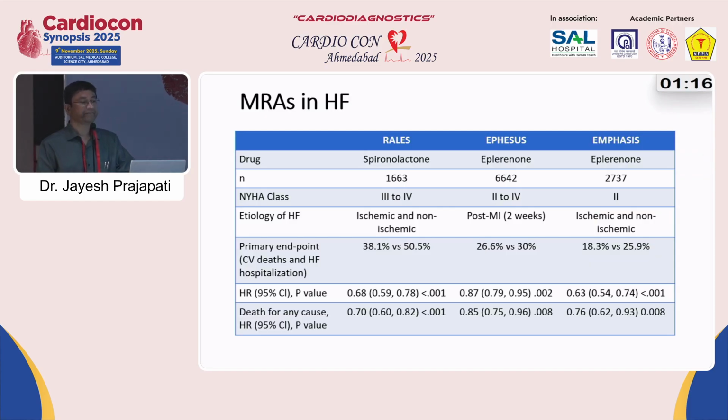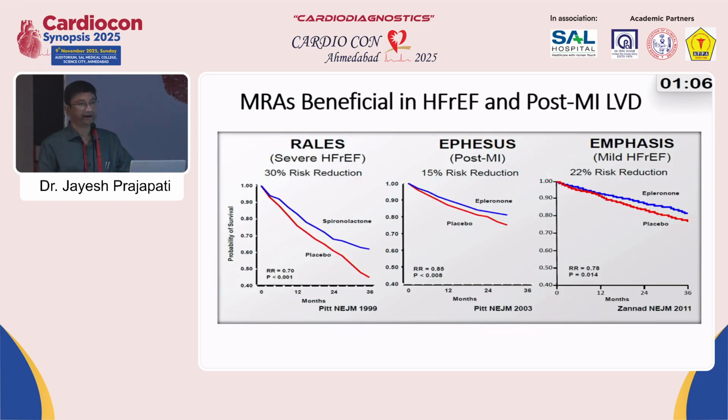Class 3, 4, this patient is class 3 and 4, so we can give eplerenone. We can start with the 25 milligram, and then increase up to 50 milligram, and potassium is 4.1. So this is the post-MI early dysfunction, the study with FSS has shown that 15% risk reduction is there, so it is to be